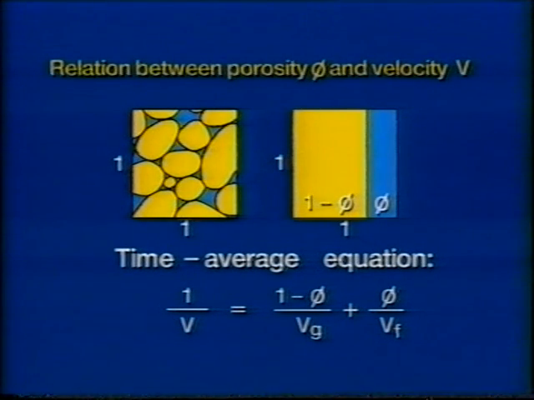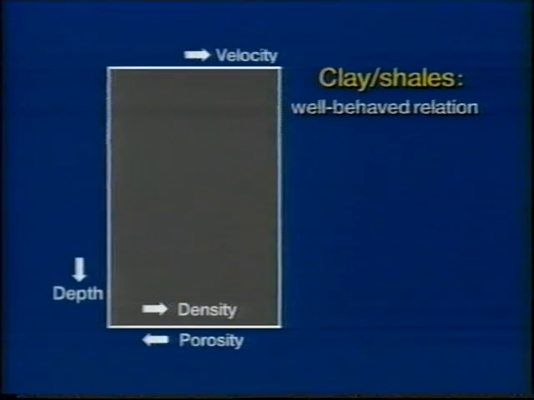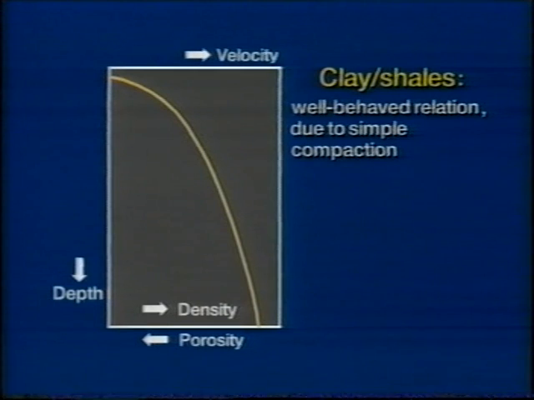Good. Let's summarize then the distinctions between the velocity behavior of sandstones and that of shales. With clays and shales, there is a well-behaved relation between density, porosity, velocity, and depth. The mechanism for this depth dependence is simple compaction. The compaction of deformable grains with the attendant loss of porosity. There are some variations on this simple